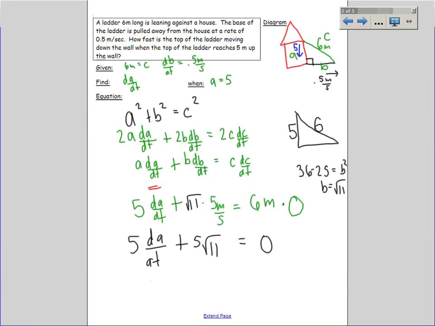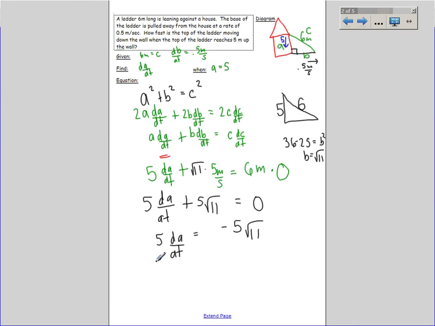So I have 5 dA over dt equals negative 5 square roots of 11. Let's make this bigger. And divide by 5 on both sides. So I end up with negative the square root of 11, which is roughly